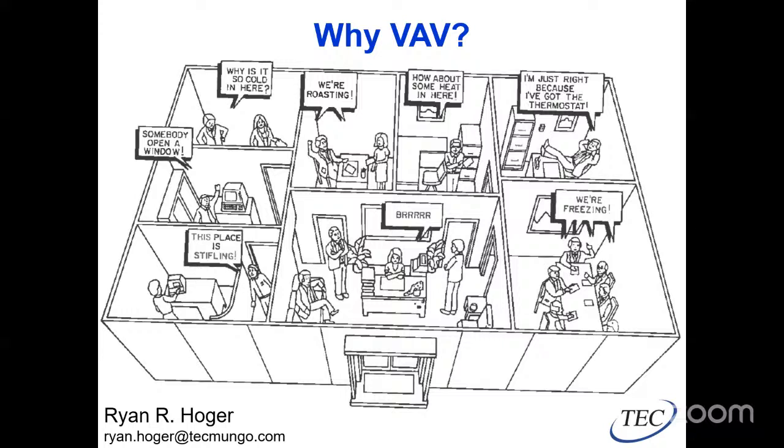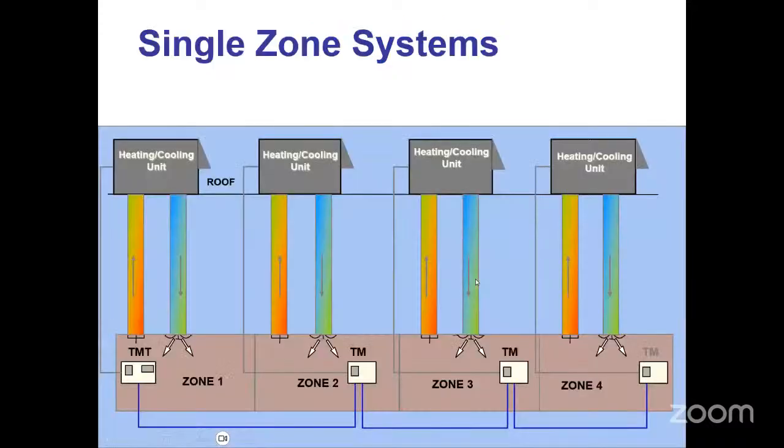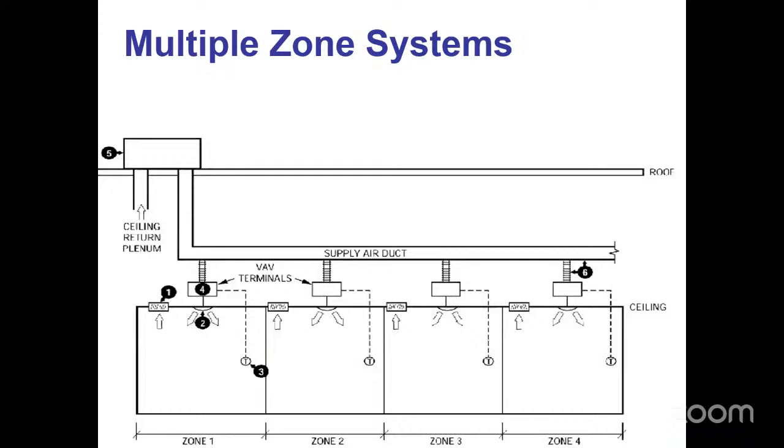So the primary reason to have a VAV system historically has been to have individual control in individual rooms. So for example, in an office building, each person would love to have their own thermostat, but I'm not buying everybody their own air handler because that would be ridiculous. So a VAV system allows us to do that kind of thing. So no one's getting their own air handler. So instead, what we're going to do is we're going to have a single air handler,